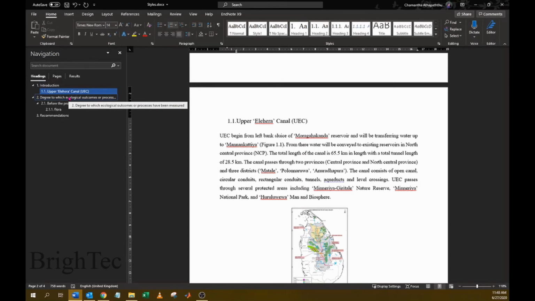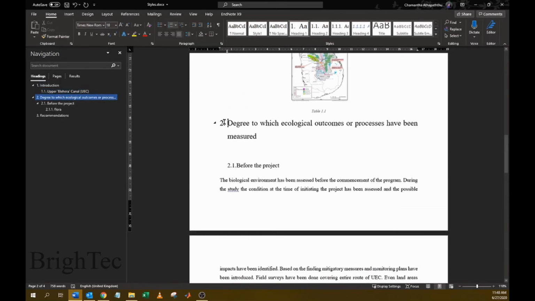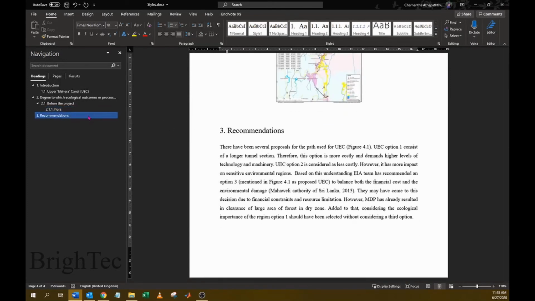And if you go into the second heading 1, you can see it has number 2, and the heading 2 under this heading 1 starts with number 2. So likewise in heading 3, you can see number 2 which comes from heading 1 followed by the number 1 which comes from heading 2, and it has its own number 1. And the third heading in the document has number 3.